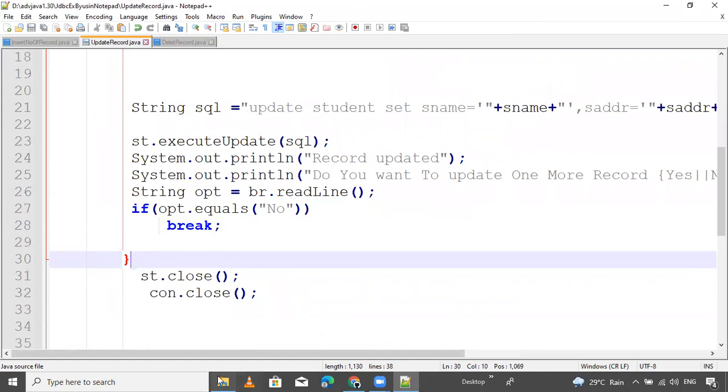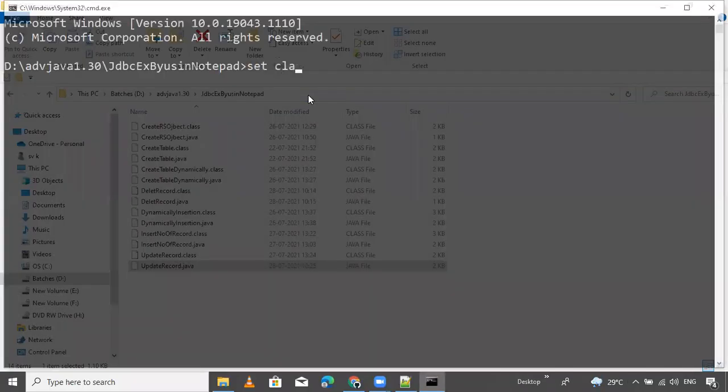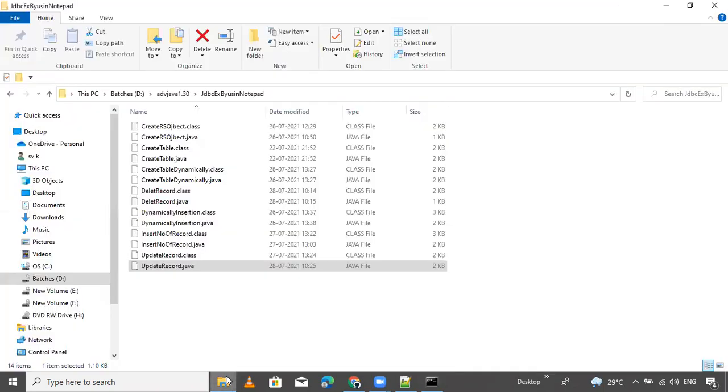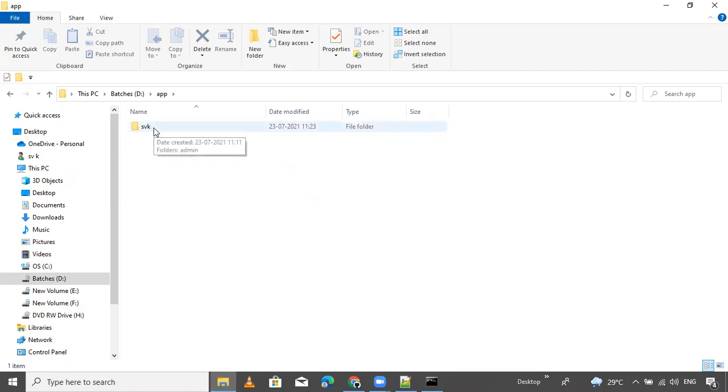Simple. To run this program, go inside and open CMD. First of all, set classpath. Where is my database installed? Here, app. Why am I showing this again and again? So you get habituated with this kind of thing.